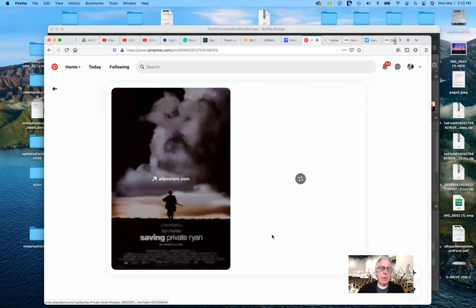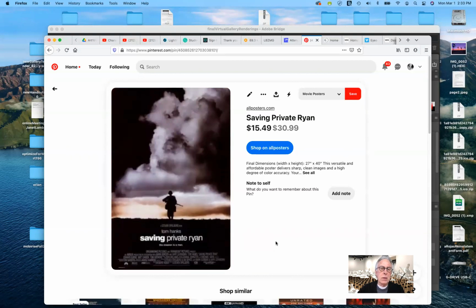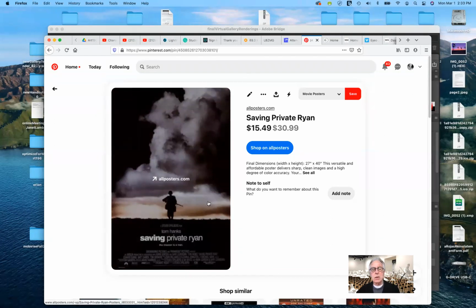This was probably one of the better Saving Private Ryan posters, where it's the singular image of Private Ryan silhouetted against a stark, dark, looming, cloudy background. And again, it has Tom Hanks as the principal character.